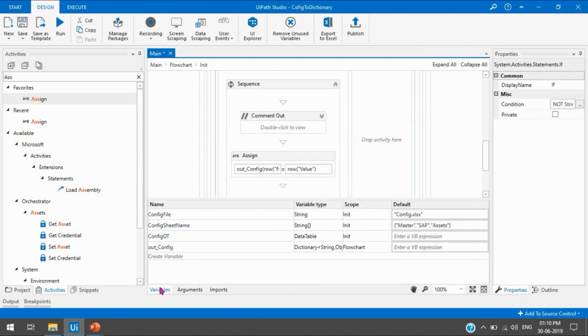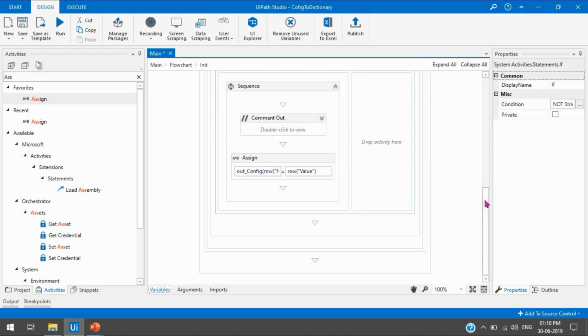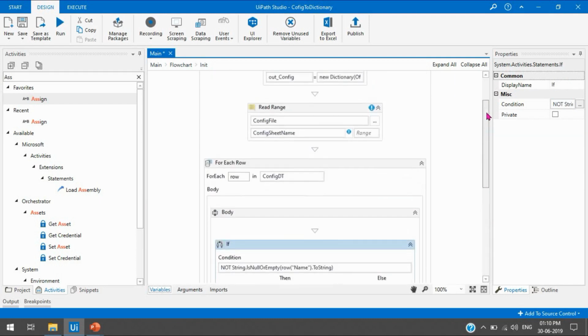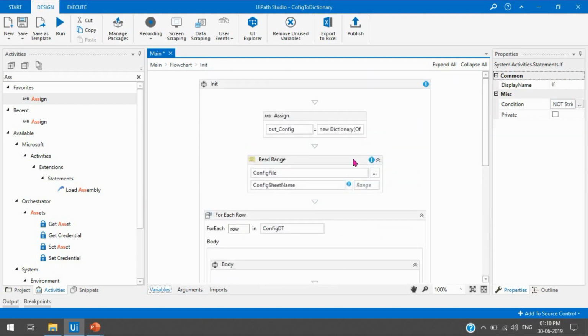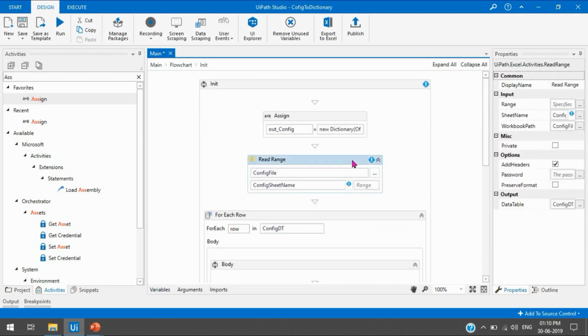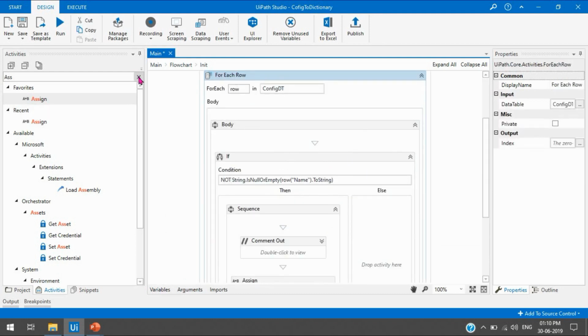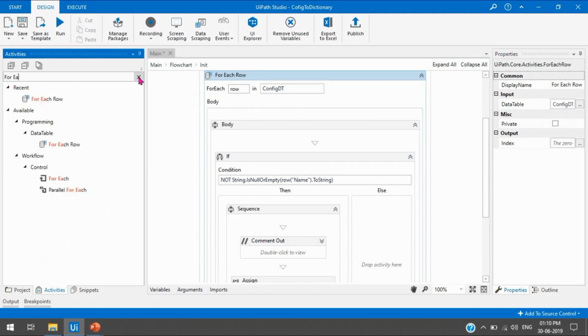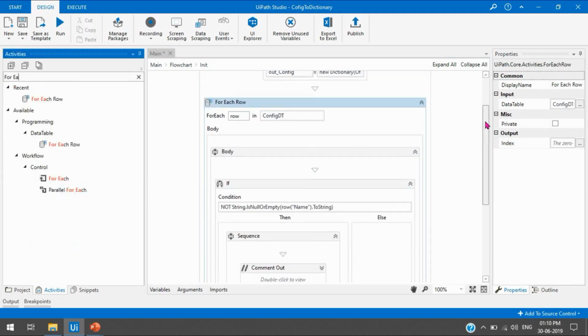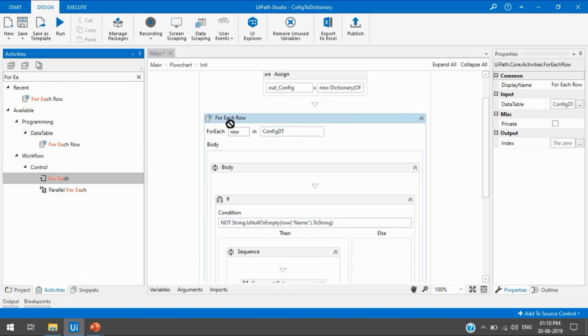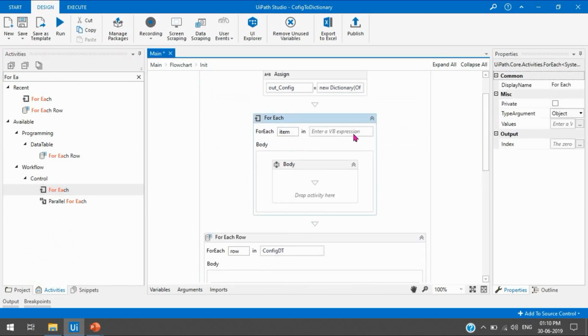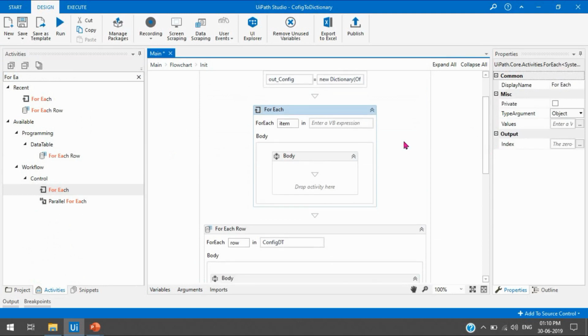Now we need to read the data from the multiple sheets. So here instead of taking this one, we need to remove this. And before using this for each, we need to take one for each activity, and we'll use this activity to read data from multiple sheets.